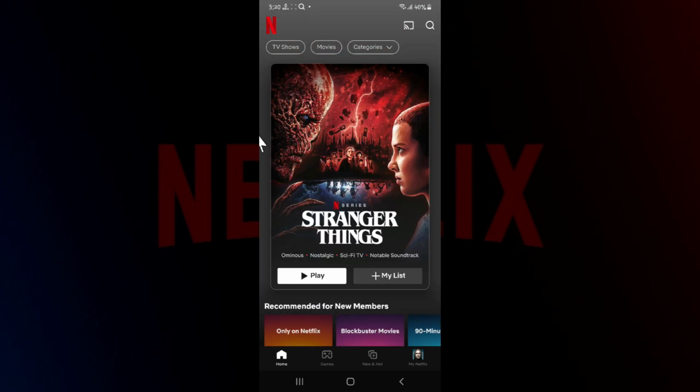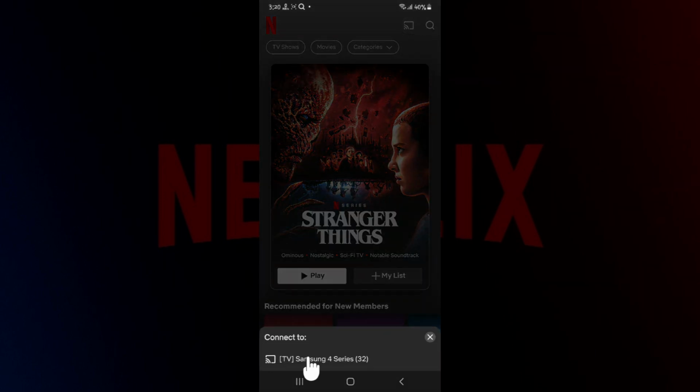Now let's begin. At the top right, next to the search icon, there's a button like this. Simply click on it, and something like this will open up. Do note that your mobile device and your smart TV have to be connected to the same network. Likewise, Netflix should be installed on your smart TV and you should have logged in. Simply click on the TV that is shown here and you are ready to cast your Netflix video on your